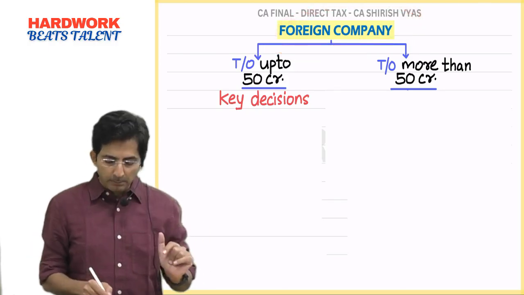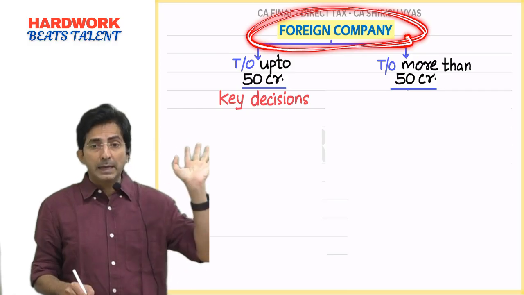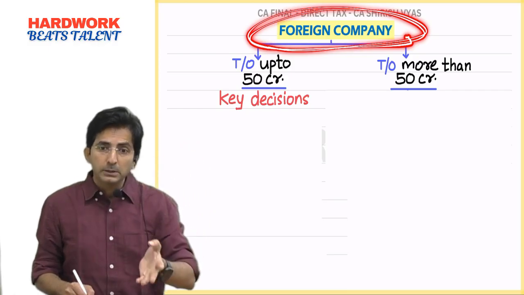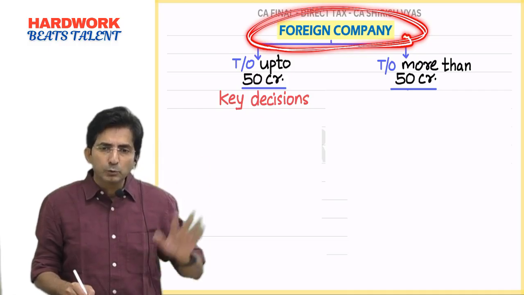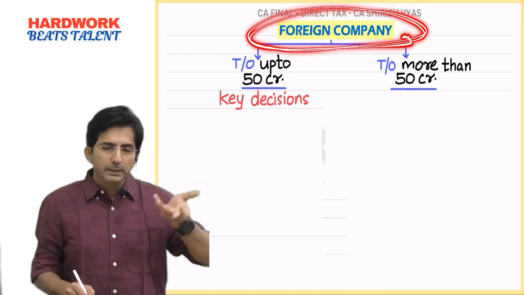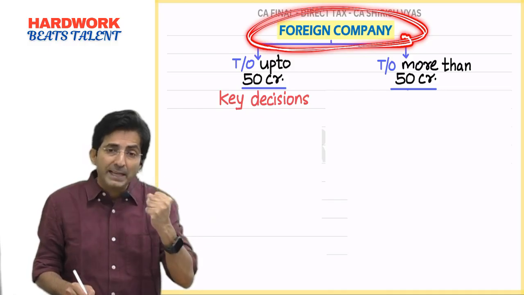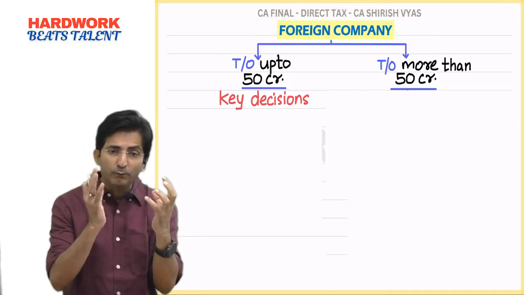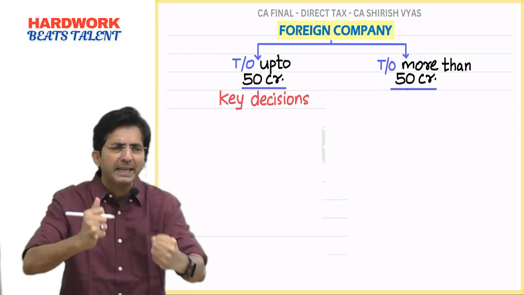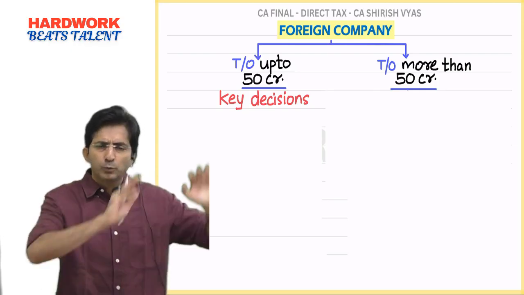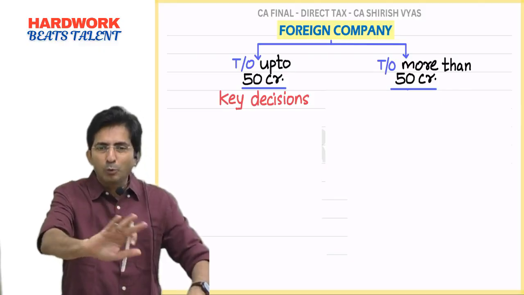That means, for example, there is a foreign company of Switzerland, but all their important decisions are taken in India. So what will people say? It's a Swiss company, but decision making is done in India. So their effective management is in India. Feel the word place of effective management. Management is decision making. So if a Swiss company's decision making is happening in India,